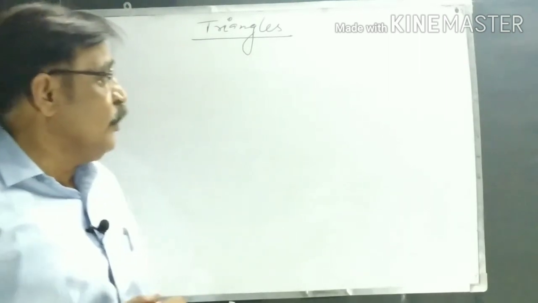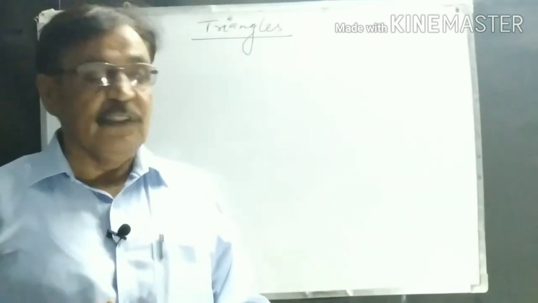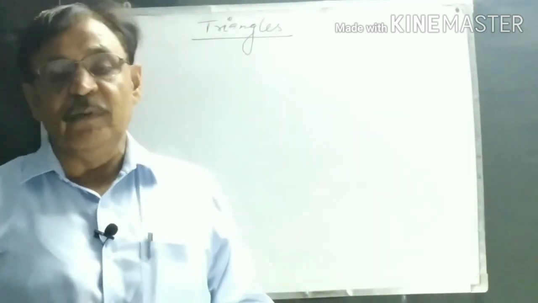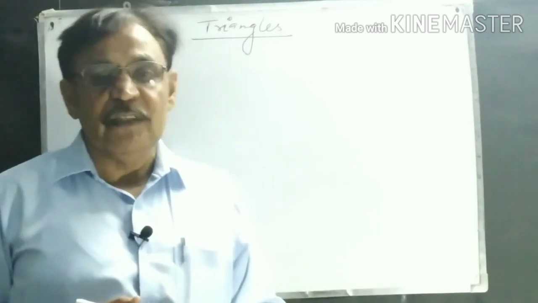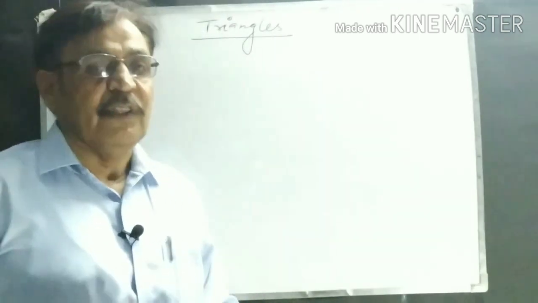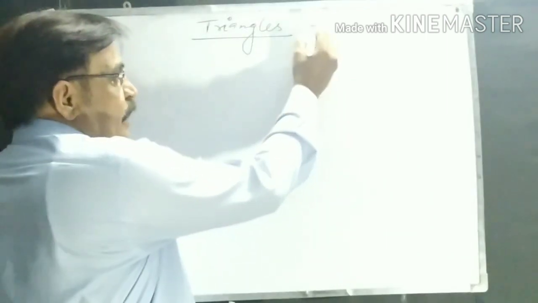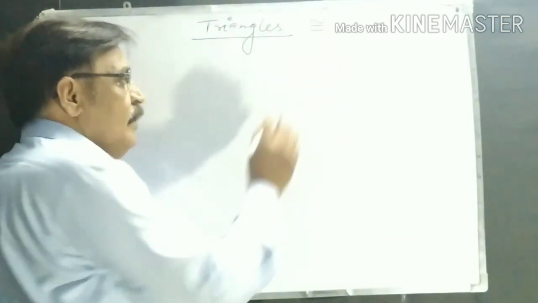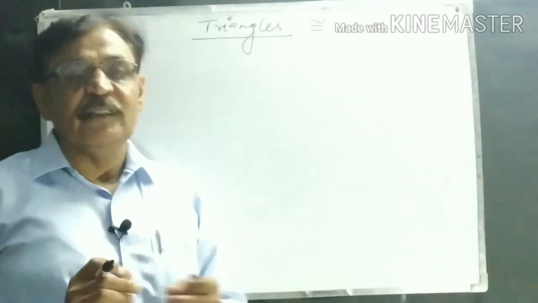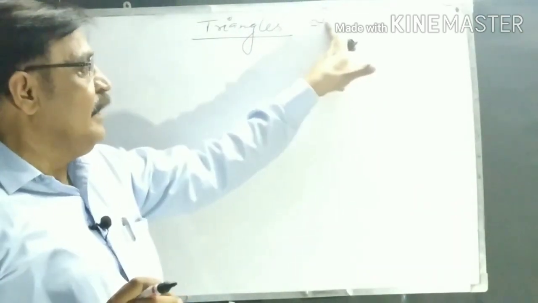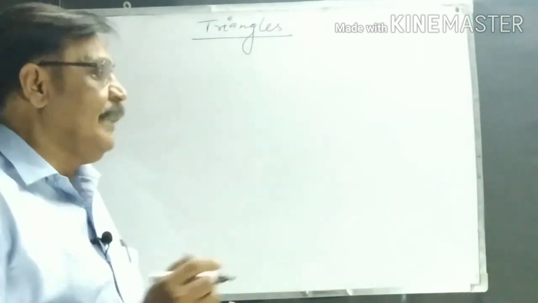Now you know that congruent triangles are triangles having the same shape as well as the same size. Two figures having the same shape and the same size are said to be congruent. And you know the symbol of congruence is a composition of two symbols, equality as well as similarity. In this chapter we shall highlight the concept of similarity.